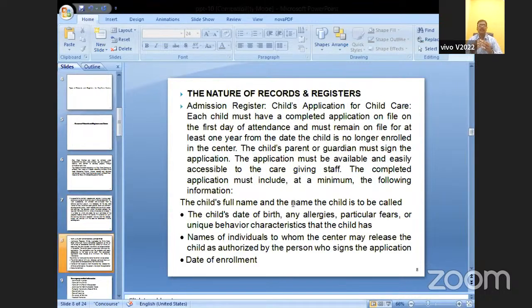Then the nature of records and registers. What is the nature? First, we will look at the nature of records and registers. The first one is the admission register. What is the nature of the admission register? In a child application for child care,